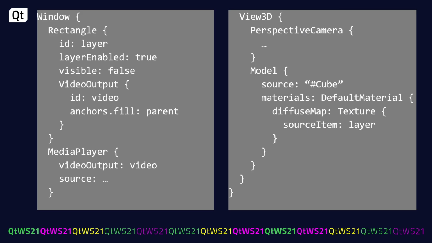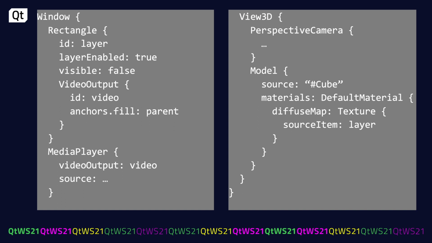Here's a small example of a slightly more advanced use case showing how you can combine Qt Multimedia with Qt Quick 3D. We basically create a window and then put a rectangle in there that's actually not visible, that contains the video output element. We add a media player that connects to the video output element, and then use Qt Quick 3D to create a View3D with a camera and a cube model, where we basically use the output of the video element, that layer that we create there, as the